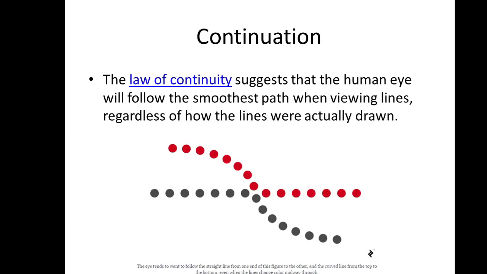So let's now take a look at the next law, the continuation or the law of continuity. The law of continuity suggests that the human eye will follow the smoothest path when viewing lines, regardless of how the lines were actually drawn. So although this is how the lines were drawn, sometimes we could see this straight path